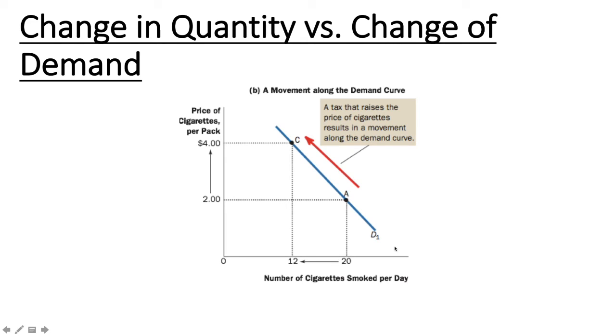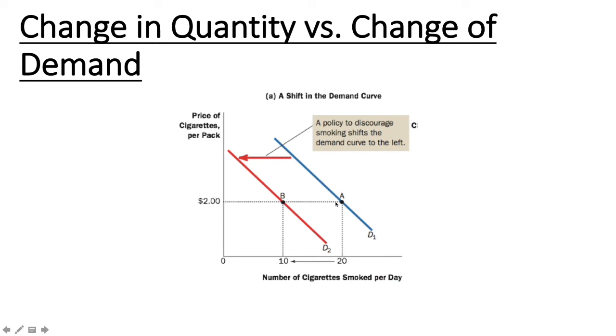So this is what it's going to look like. A movement along a demand curve, let's say I'm moving from point A here to point C, is a change in quantity demanded. This is being caused because the price of the good is increasing from $2 to $4. As a result, consumers are consuming less. When the entire curve moves, that's a change of demand. This happens as a result of those IP10 factors I had been talking about. At every price, at $2, consumers had been at point A consuming 20. At point B, now they're going to consume 10.